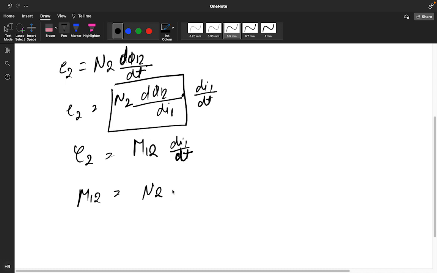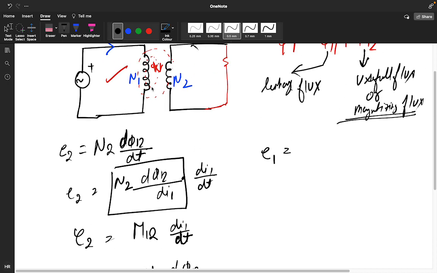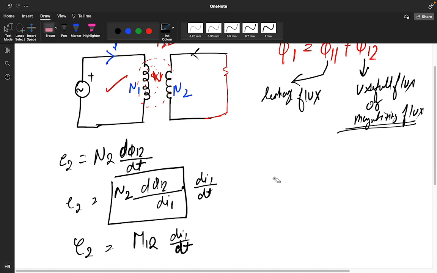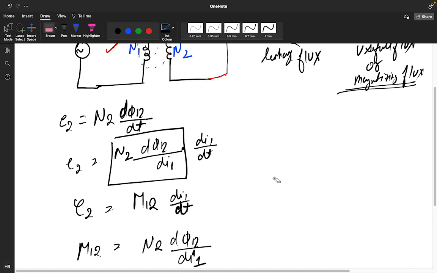M12, we are getting N2 into dφ12 by di1. Okay, and what is your E1 current? E1 is due to the coil of N1 only. E1 is equal to N1 into